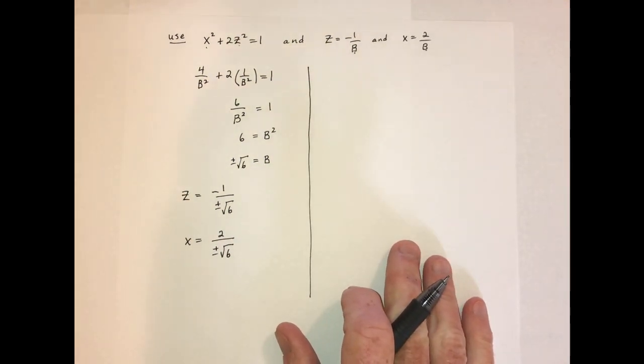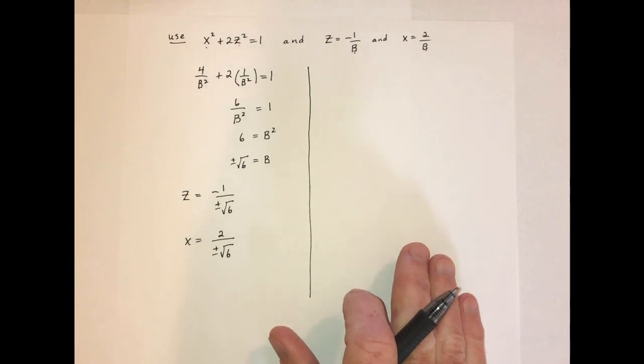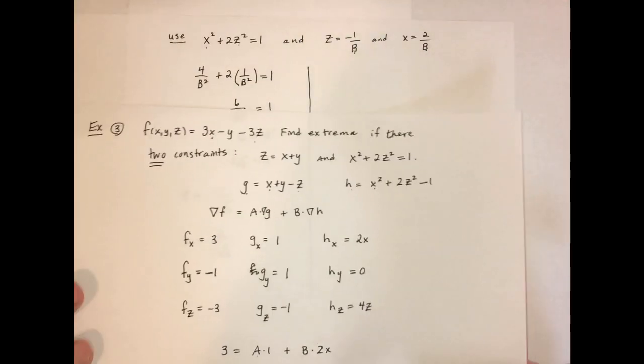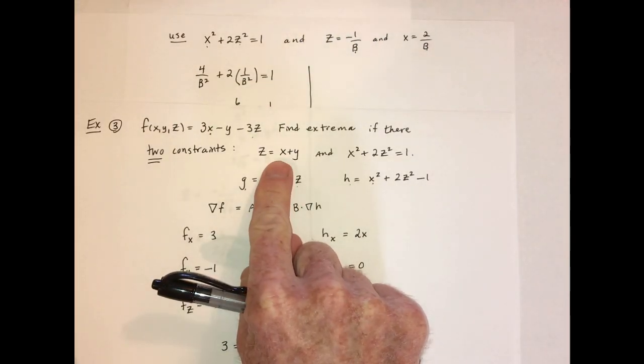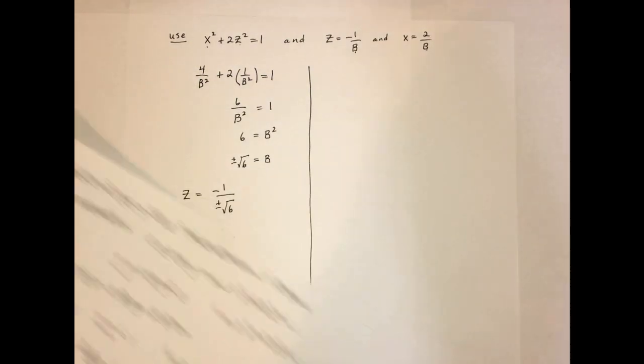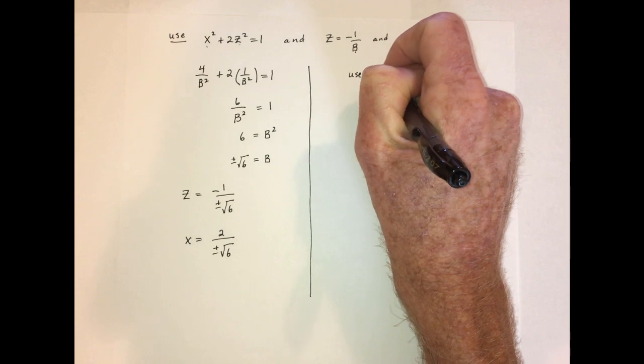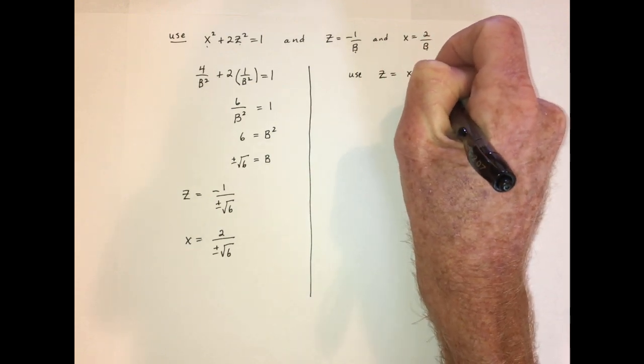And the only person we're missing is y. So go back to the original problem, and it says also z has to equal x plus y. So now use that z has to equal x plus y,